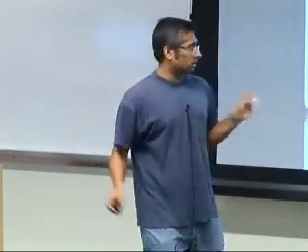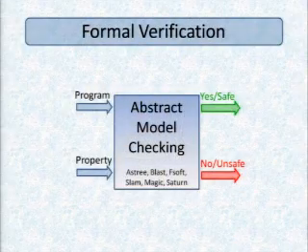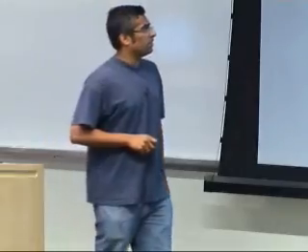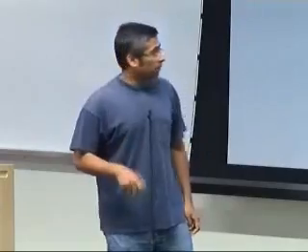The first I'm just going to call abstract model checking, where you take the program and use some kind of abstract interpretation or data flow analysis, call it what you will, and get some sort of finite state representation of the program. You grind through this finite state representation, possibly using a temporal property, for example, that locks are acquired and released in the same order. And then the checker will tell you either yes, the program satisfies this property, or no, it doesn't, and it'll give you some sort of explanation as to why the property fails.